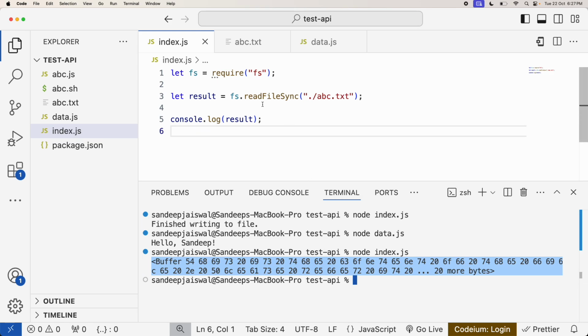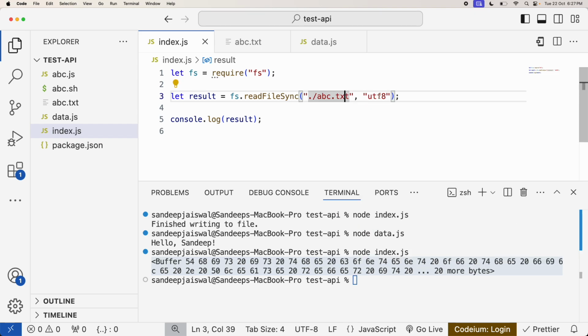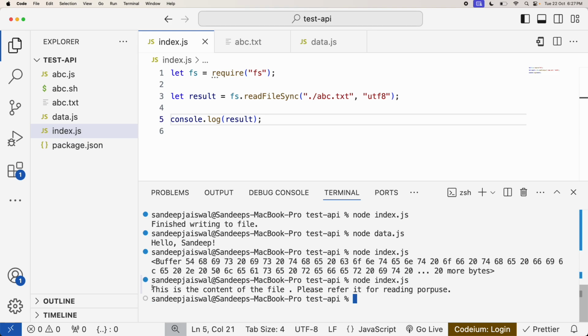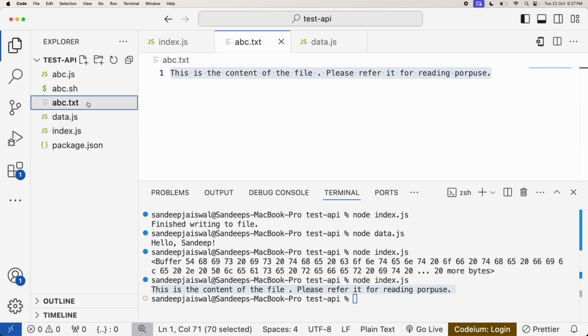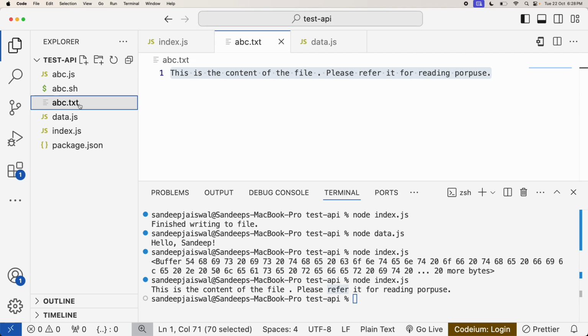So now let's try to add UTF-8. That is one option, and then we can check what it's returning. Once I write this UTF-8, the data will be returned as it is. Now see, whatever data was there in the file, abc.txt, the same is returned here. So now you can use this data and perform some operation. Now you won't feel the meaning of the file, but let's suppose